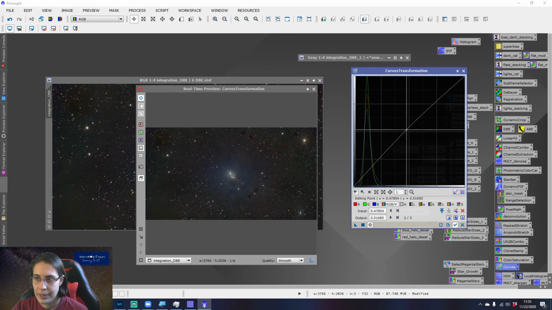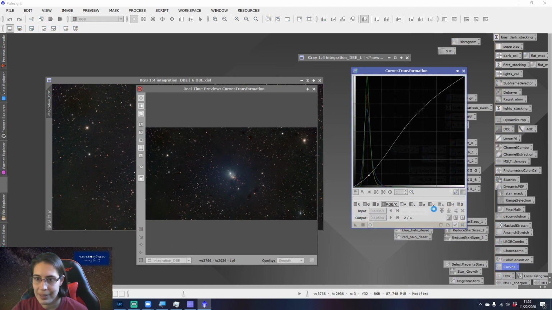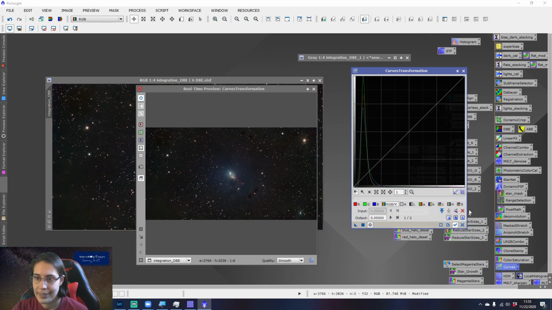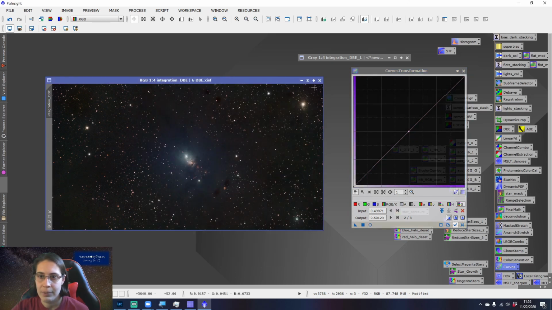I'm going to bump up the midtones and drag down the darks a bit more to kill that background a bit more. Hit apply, reset. You can also adjust your saturation here. But I don't want to bring up the saturation of the background because the background has a lot of messiness in it. So what I'm going to do is